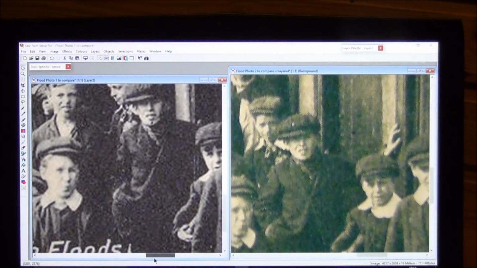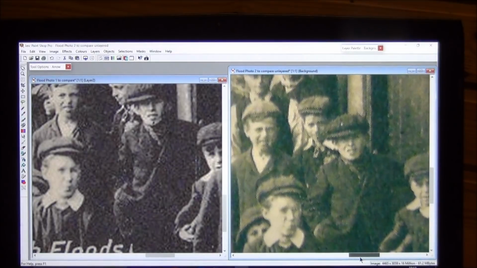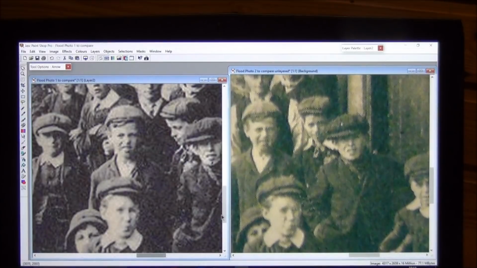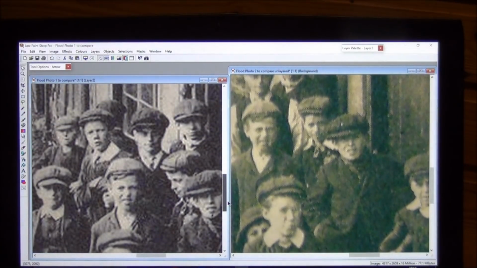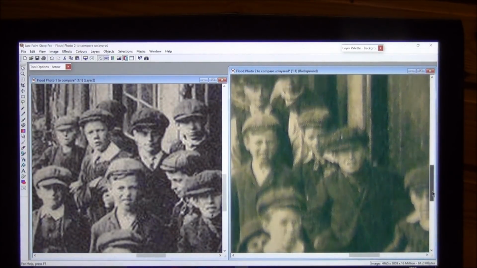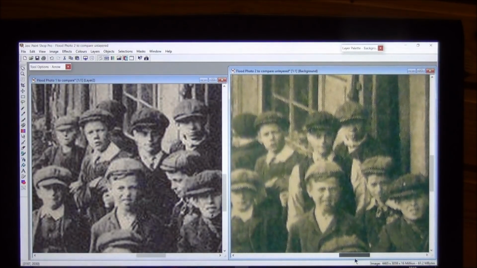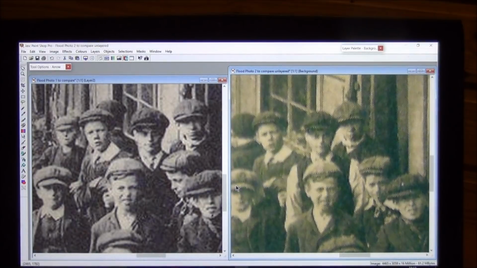Like all of these other chaps, he's not moved. But curiously, this one has. He's turned his head from looking to the side to looking straight on. And the chap next to him is looking at the camera again. If there are two cameras, two photographs, they could only have been taken really just seconds between them, or even less. And I know people held the pose for a long time, but I'll come to something interesting in a minute